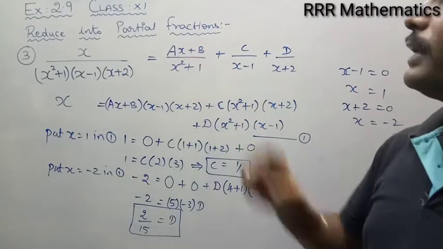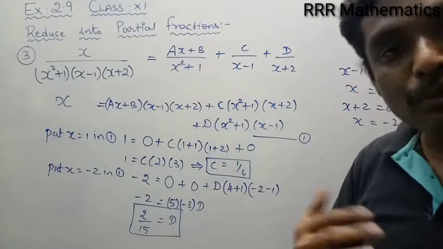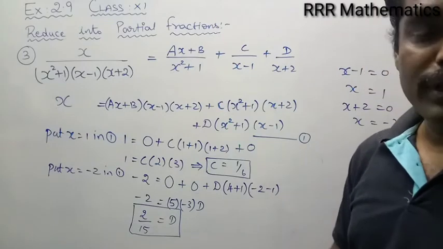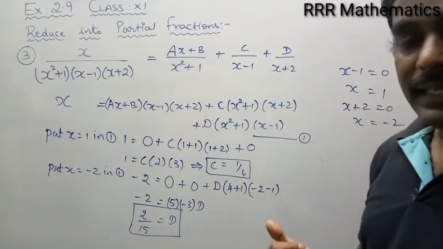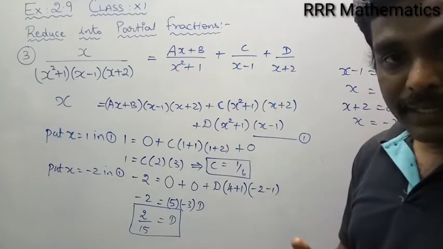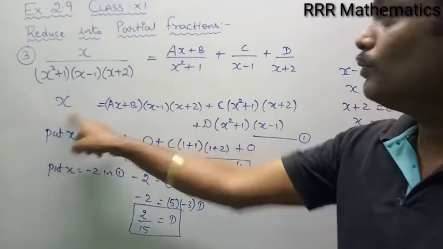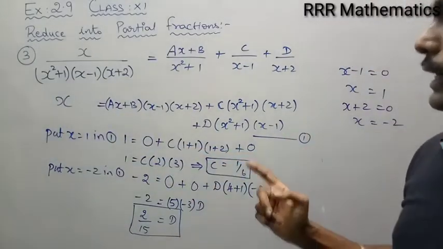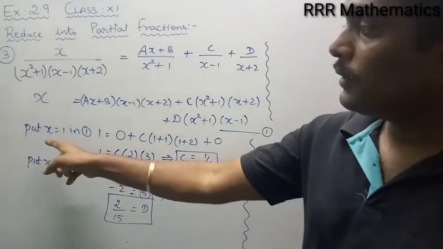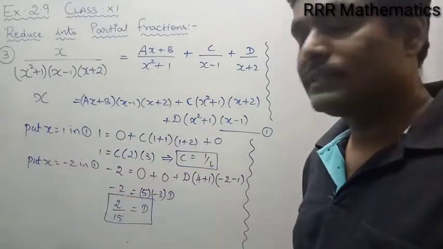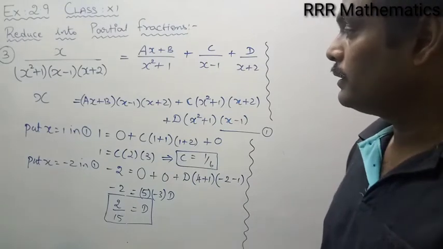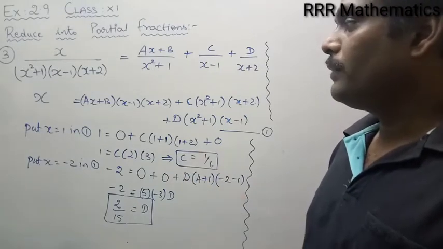In this case how can you calculate a value and b value? We have so many methods to find the value of a and b. But particularly what I am going to approach is quite common. One is equating the highest power of x on both sides, from 1 I am telling. And put x equal to 0, you will get the value of a and b. If you replace x equal to 0 here or here, or you can give some other small value like 1, minus 1, 2, you will get the value of a and b.